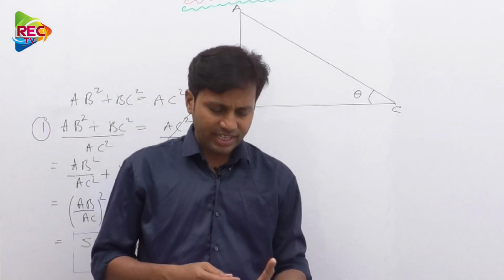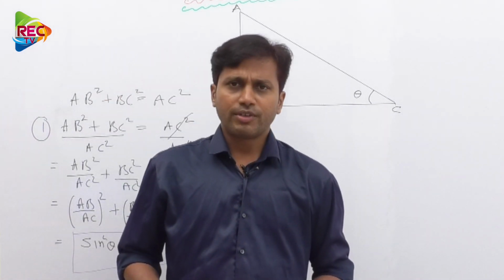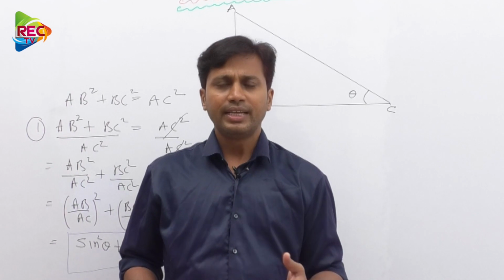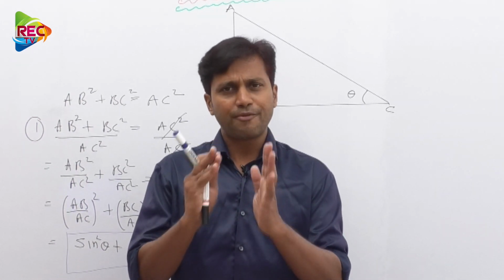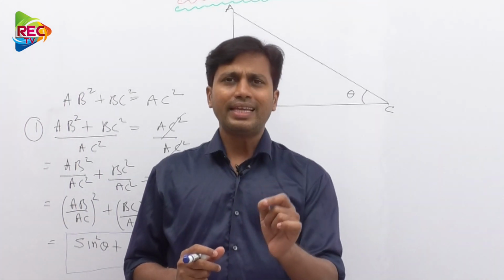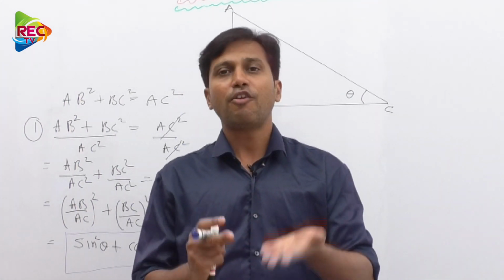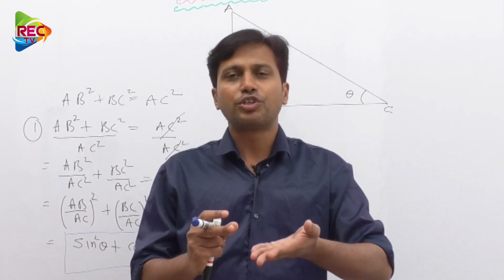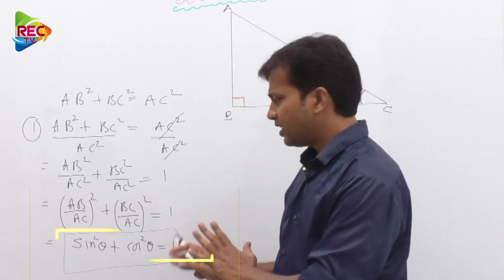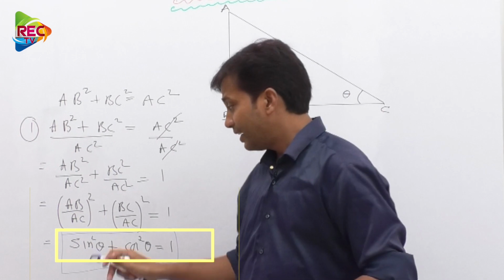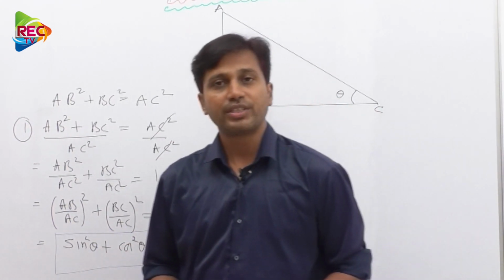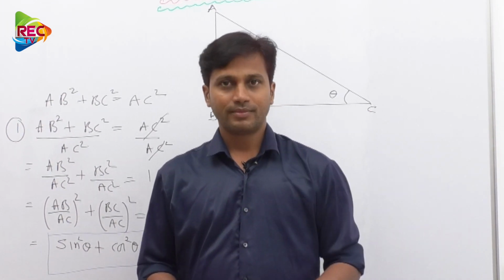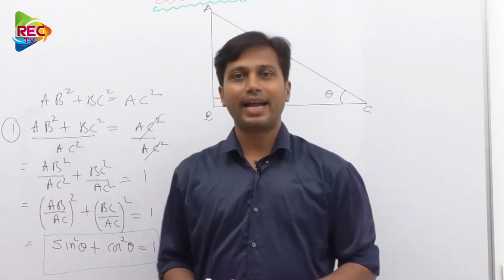Before going on to the next relation, I want to tell you one thing. Whether you are solving problems of 10th standard, 11th standard or 12th standard trigonometry, the basics remain the same for all of them. The only difference is that the level of application will be a bit increased, and you need to solve every problem algebraically to a more difficult level, but the basics remain the same. This trigonometric identity, sine square theta plus cos square theta equal to 1, is true for all values of theta in all the quadrants. Therefore it is called an identity.